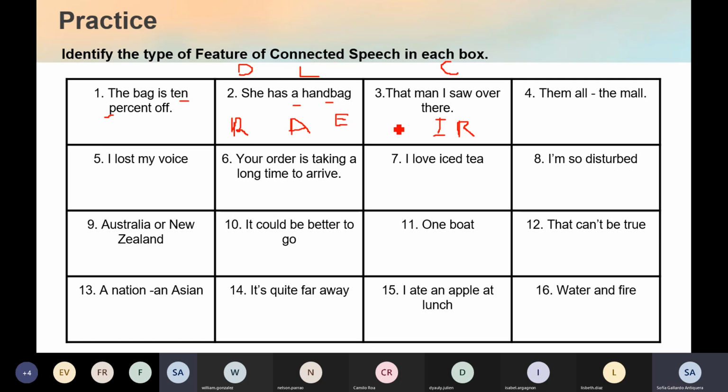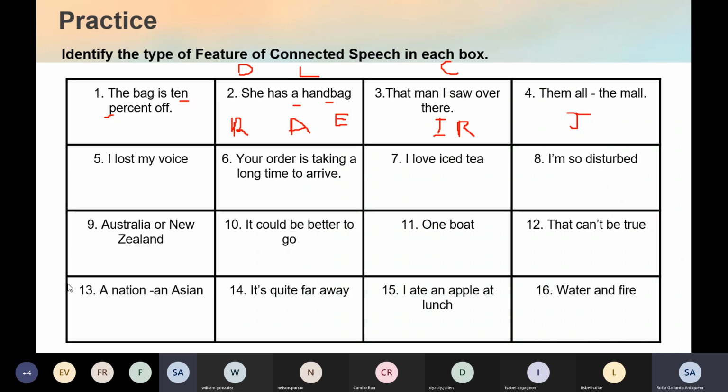Does it make sense? Does it make sense that it is juncture? Could you write the word on the chat, please? The feature? Yes. It is juncture. Can you see it? Yes, miss. Thank you very much. No worries. Okay, so let's move into the 5th example.